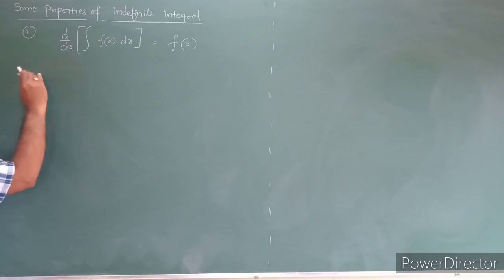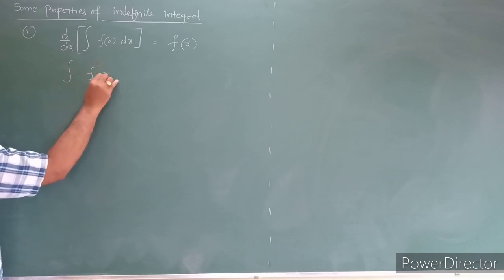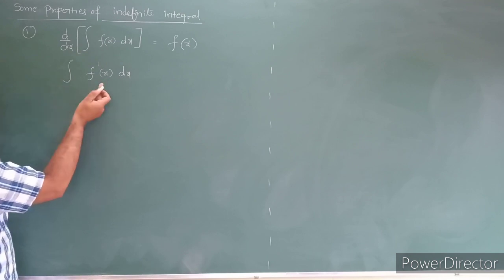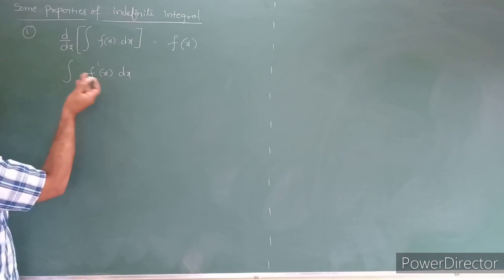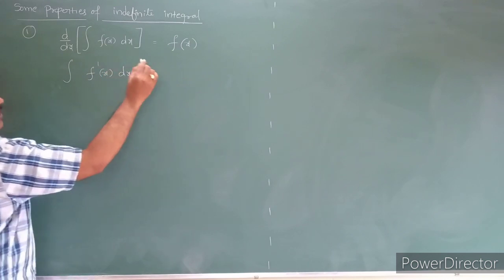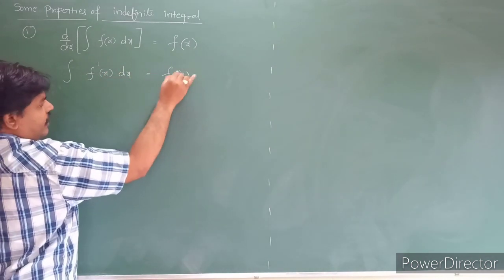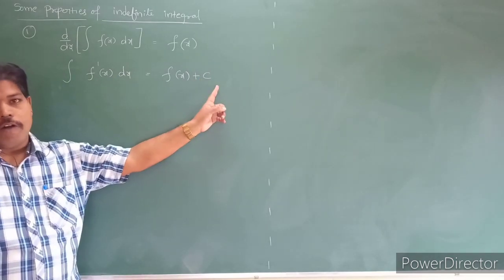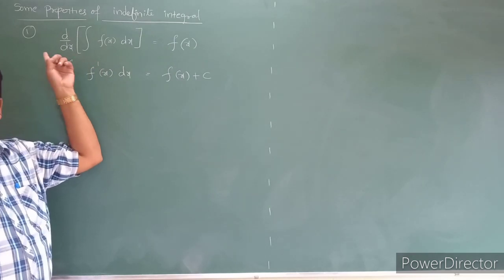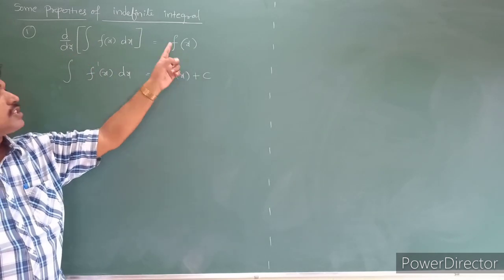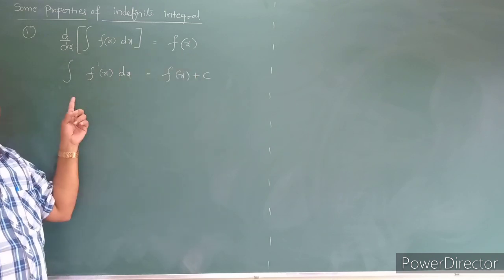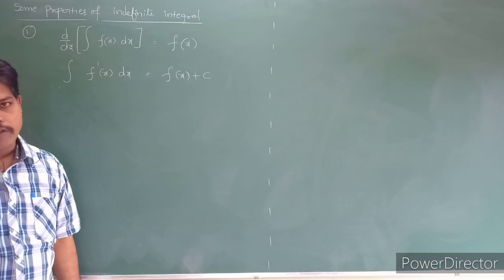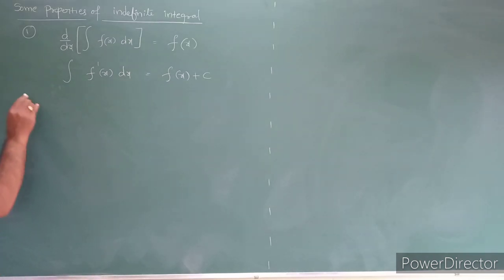The derivative of, that is, the integral of f dash of x into dx. The integral of f dash of x means the derivative of f of x. So the integration and the derivative will be cancelled. The outcome will become f of x plus c. So the integration will give the integral constant once again. In the derivative, the constant will become 0, so that's why the outcome will become only f of x. But here, at the end we are doing the integration, so there will be the integral constant. Okay.